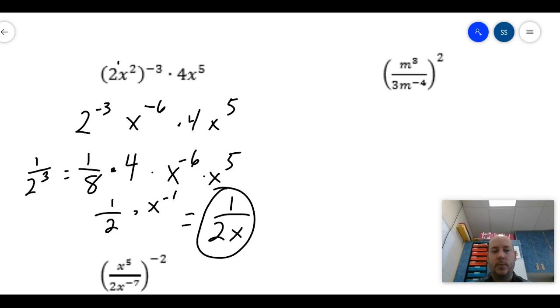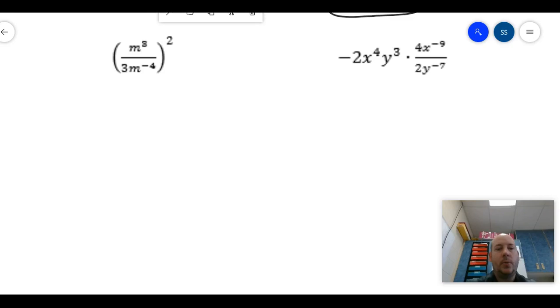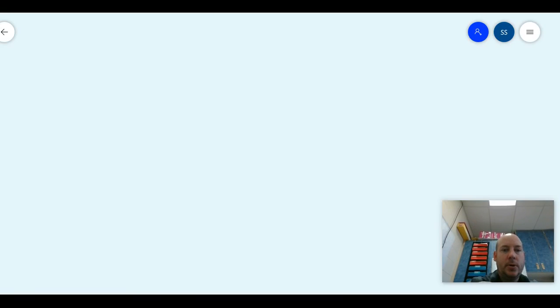Just write it like that. So 1 over 2x. Okay, so again, just get rid of your parentheses, right? Distribute that exponent with multiplication. Put your numbers together, put your x's together, start simplifying using your rules, put it all back together at the end. Okay. All right,